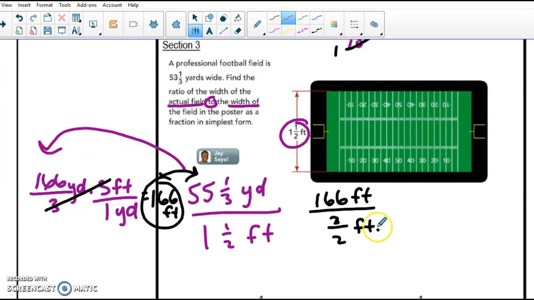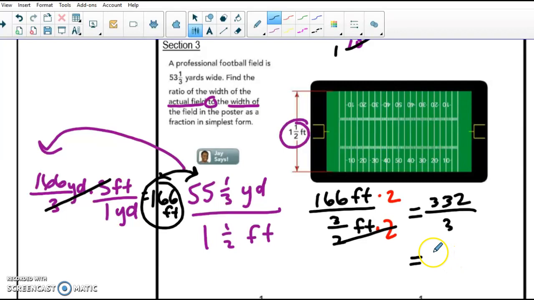If I multiply by 2 on the bottom of my ratio, I have to also do that on the top to keep it balanced, because I can always multiply by 2 over 2 because that is an overall value of 1. So when I double 166, and my 2's cancel, so I have 332 divided by 3. And I'm going to run out of time. So that reduces to 1